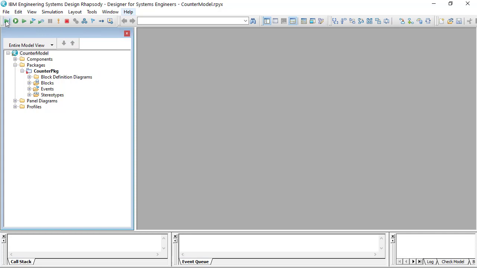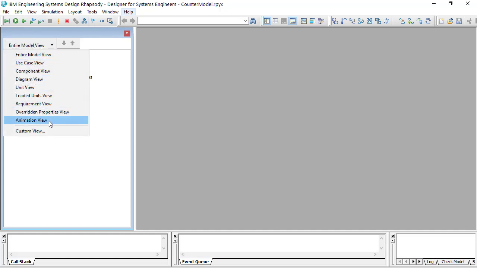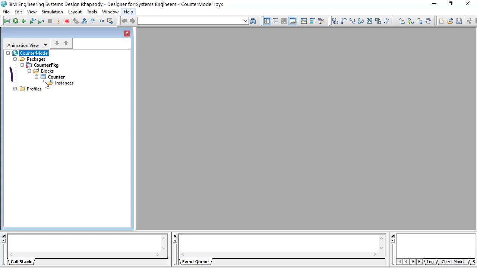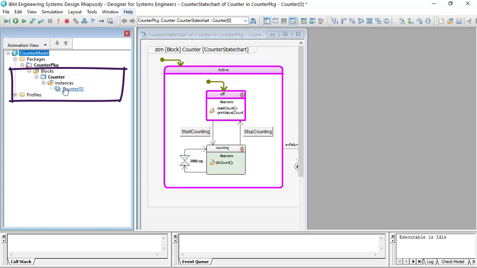With the animation toolbar, you can now step through or go through the animated application and set breakpoints. Currently, we do not have any block instance. With Go Idle, the initial block instance gets created and the default transition is proceeded in the state chart.